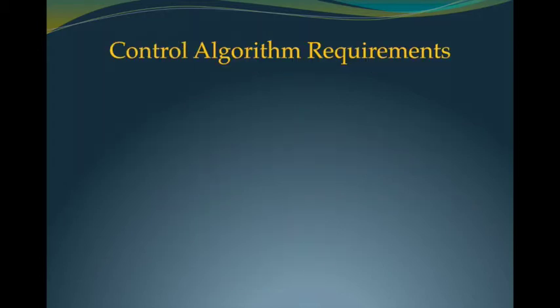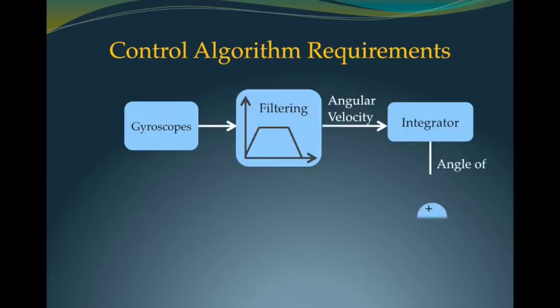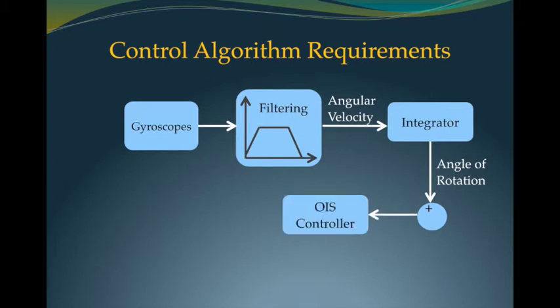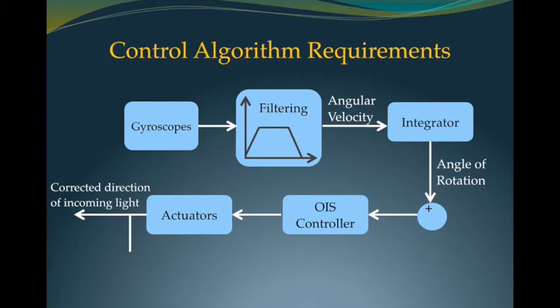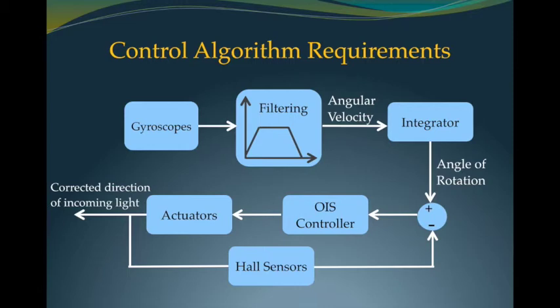Control algorithm requirements: the gyroscope outputs angular velocity, which must be integrated in order to provide the angle through which the camera rotates. It must be scaled in order to convert the measured angular camera movement into the linear movement of the image sensor or lens that stabilizes the effect of hand jitter. However, it is necessary to filter out intentional hand movements from integration, which is accomplished by using a high pass filter. For example, a complete change of camera position to image a different place would mean an integration up to 90 degrees, which is undesirable, so a filter is used in order to remove the unintentional high frequency hand jitter.